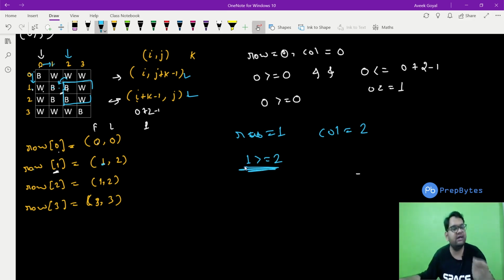Therefore we check that the first appearance should be greater than or equal to the column that we are working on, and the last appearance should be less than or equal to j plus k minus 1. If these two conditions become true, that means all the black elements in my row are covered by the k matrix and this row becomes a white line. So this is how we can determine, by clicking on a particular cell, whether that row and all the rows affected by it will become a white line or not.